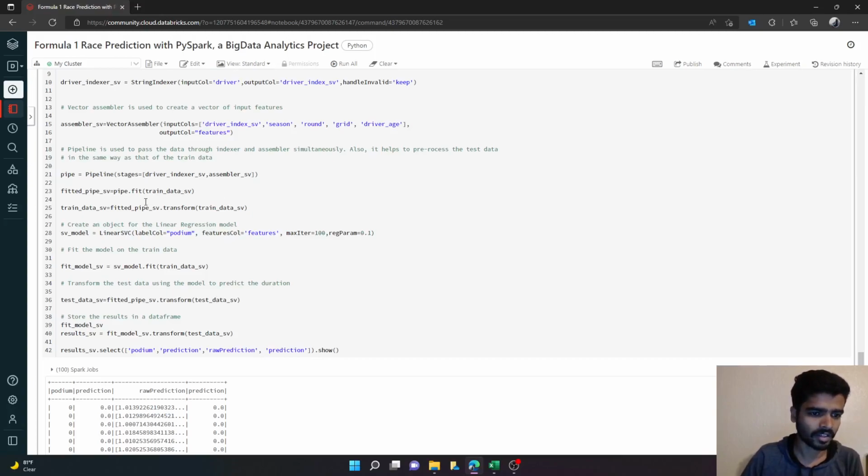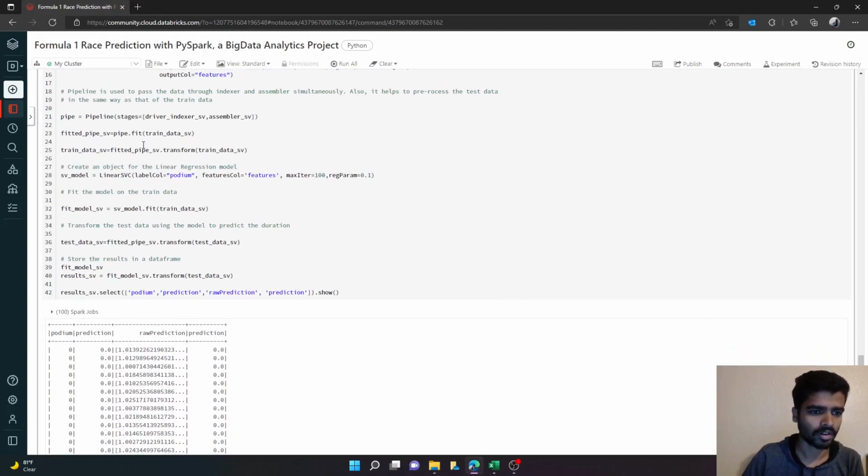This is fitted into a fitted pipe, and after that we use the LinearSVC library. We give the label column, which is the prediction column, podium, and the features column, and these are the parameters in the LinearSVC.